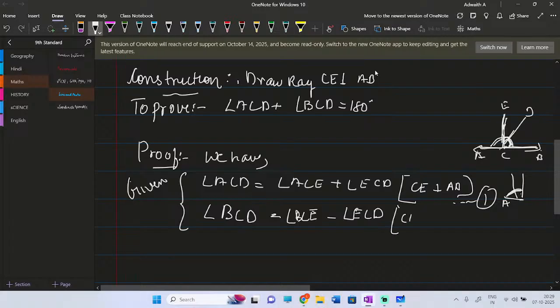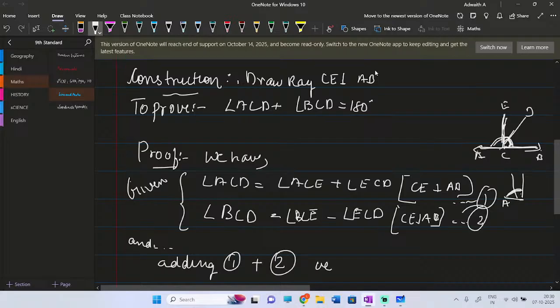Because CE bisects. This is known as the second equation. Now, adding equation 1 plus equation 2, we get,